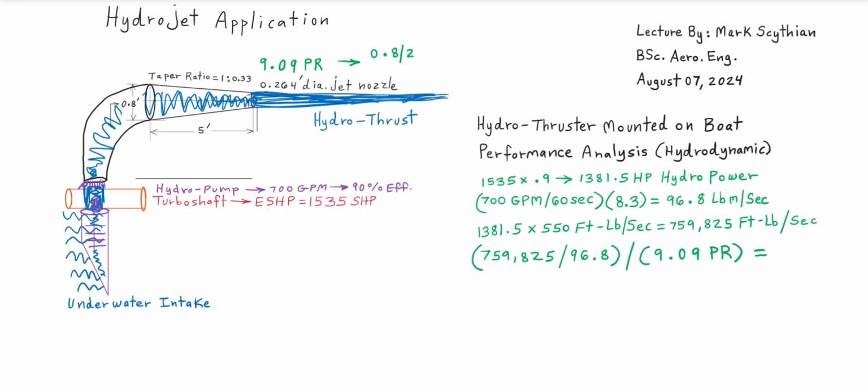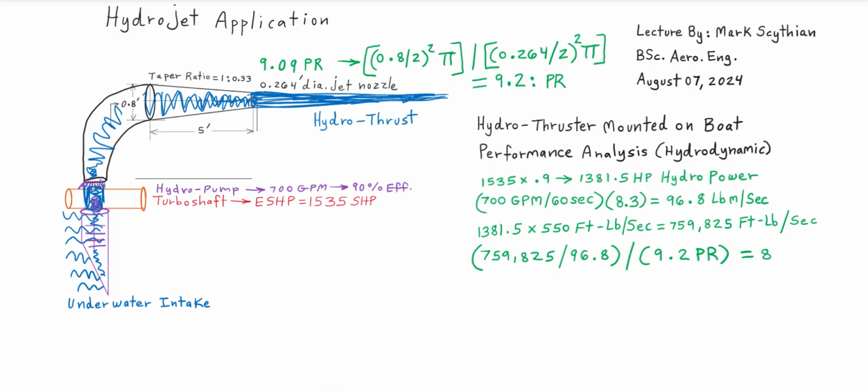So instead of going by memory, we'll conduct another calculation to see if that pressure ratio is right. So if we simply just divide the taper duct intake cross-sectional area into the jet nozzle cross-sectional area, we can calculate the pressure ratio. So it's actually 9.2 to 1. So instead of having to measure the duct length and go through all of these details, we have a